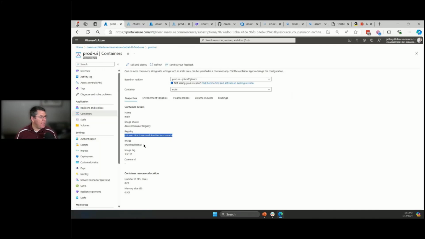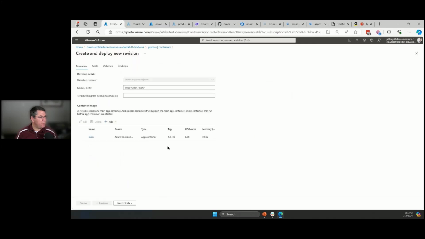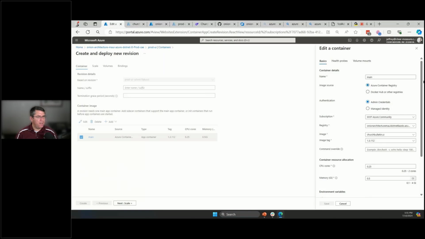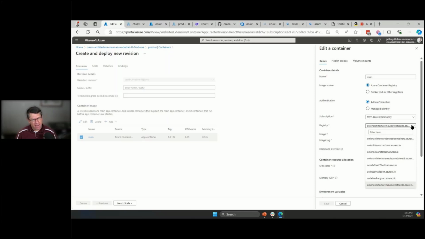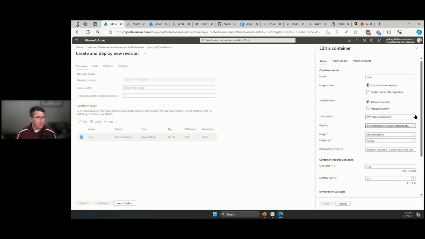The image name, or the deployable container, is churchbulletin.ui, and the image tag is the version number. If I were to edit and deploy in the UI, it gives me the ability to edit the revision, and we can see that it gives me a UI where I can look at the different Azure Container Registries I have in my subscription, and I could choose another one, or choose a